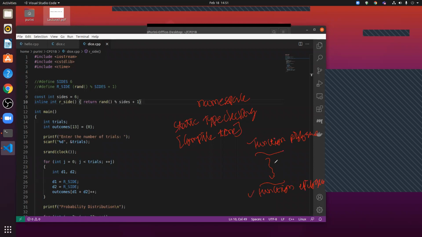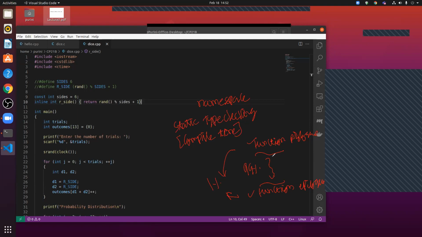If the code present within the function is large, then the prologue and epilogue overheads will be small. But if the code is very small, then the prologue and epilogue overheads will be high when compared to the actual code. For example, if 99% of the time is spent here and 1% in the prologue and epilogue, then there is no problem. But if 50% of the time is spent in the code and 50% in prologue and epilogue, then that's going to be an issue.